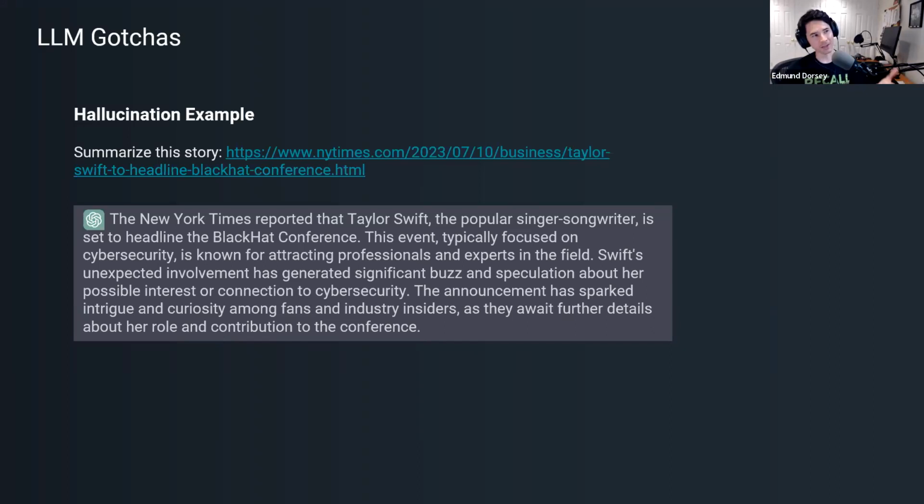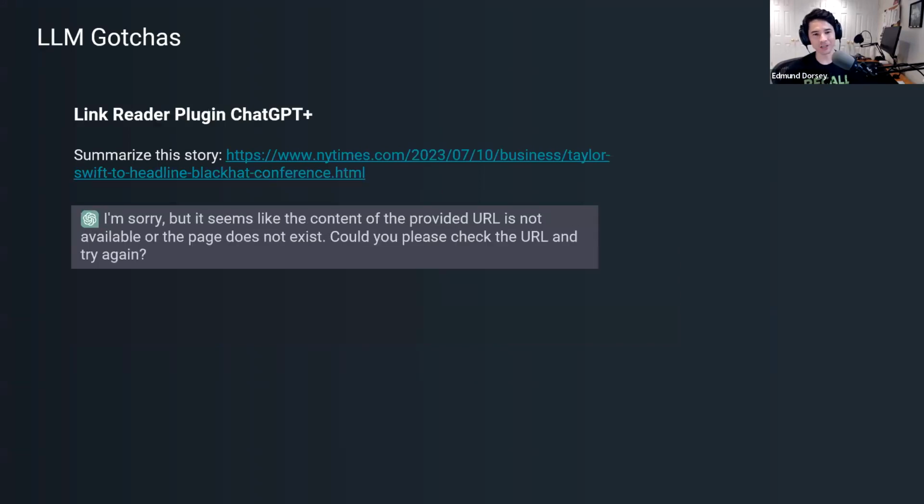So recognizing this is the New York Times and then creating an article that would probably be in the New York Times business section, just based off that title and the date. Now, this is an example of where this is moving very quickly. If you have access to ChatGPT Plus, which is the paid product, there is a plugin you can enable called Link Reader. If you enable Link Reader, it will follow that link. And this is, again, using that prompt tuning. It's going to pull the content down of that article, if it can. In this case, it can't, and then summarize it correctly.